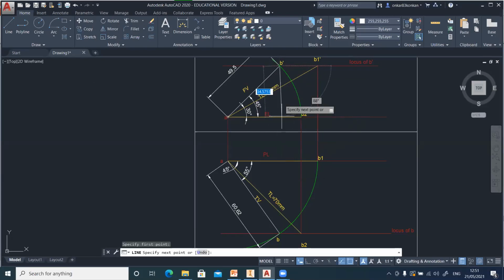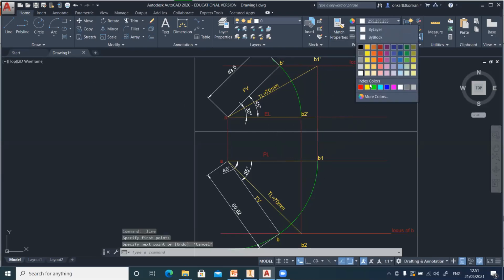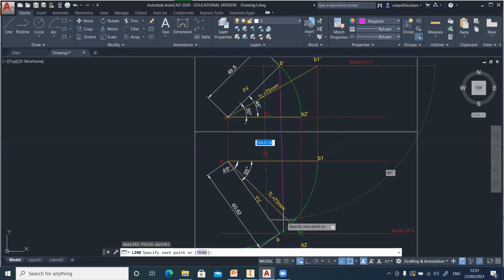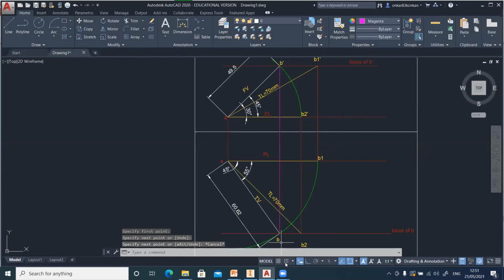So just check this. You can draw one thin line. Right now B dash and B are exactly on the vertical line. That means we have drawn the correct projection. So you can check on your drawing paper whether B dash and B are in line. Then your drawing is correct.